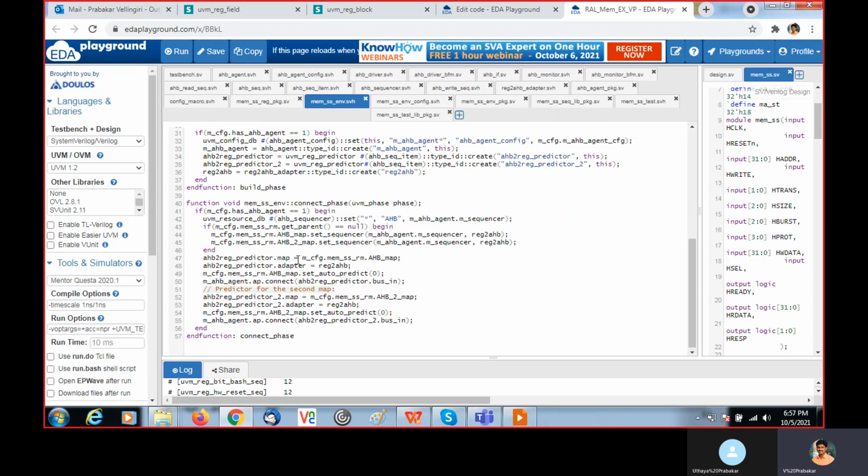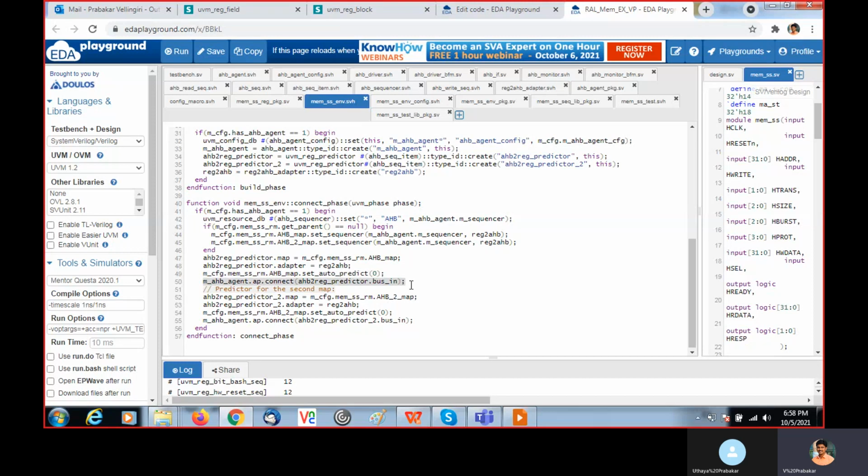So that map is assigned as the default map of the predictor, AHV_2_rch_predictor, and then the AHV_2_rch_predictor adapter. Our actual adapter we instantiated, we created, right? rch_to_AHV, that is assigned. Here we are making auto predict disabled. So map.set_auto_predict(0) we need to pass.